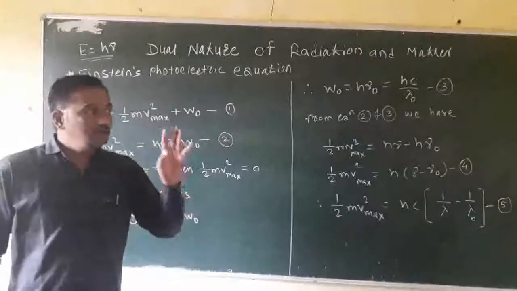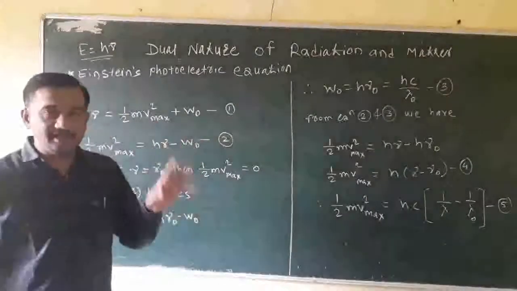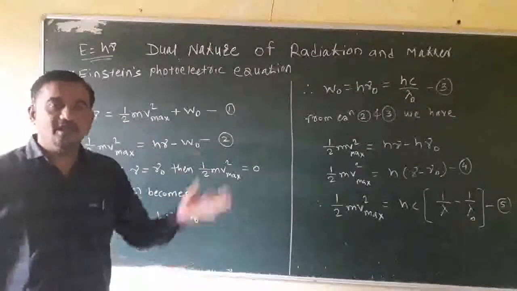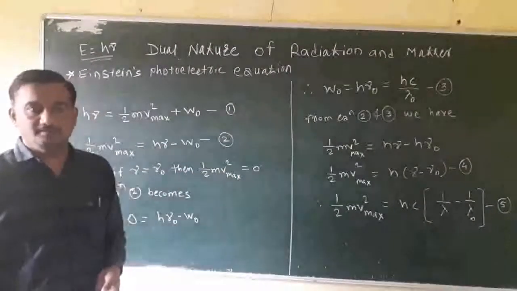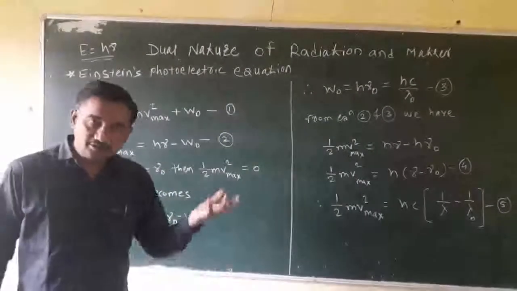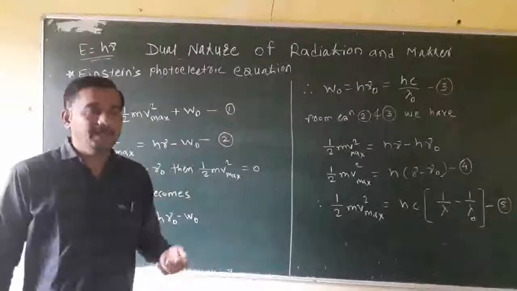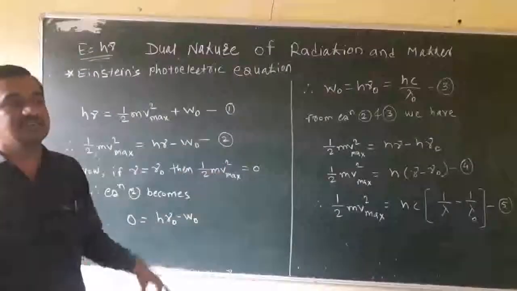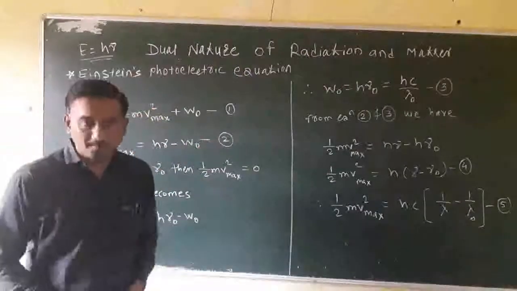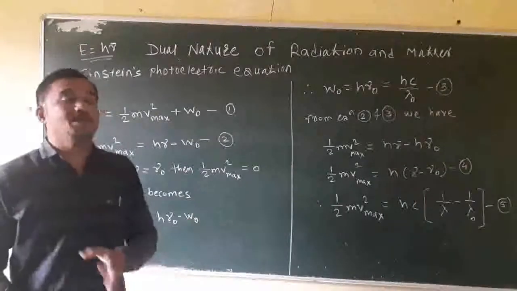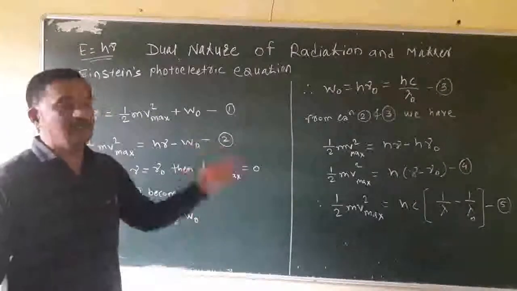We know that electrons with different kinetic energies are emitted from the metal surface when light falls on the metal. This is because the electrons situated at the exterior part of the metal are ejected with maximum kinetic energy, and the electrons situated at the interior part of the metal are emitted with minimum kinetic energy. So different types of electrons are emitted during the photon-electron collision.